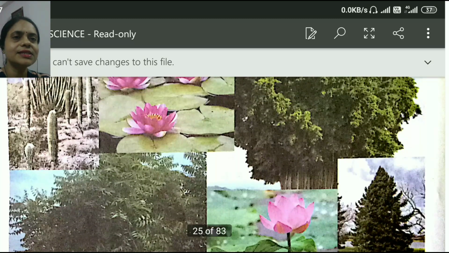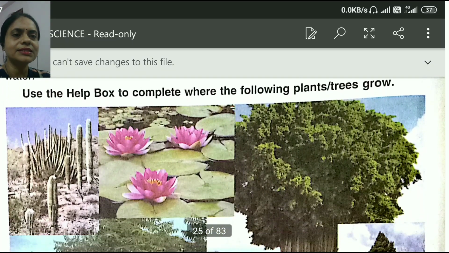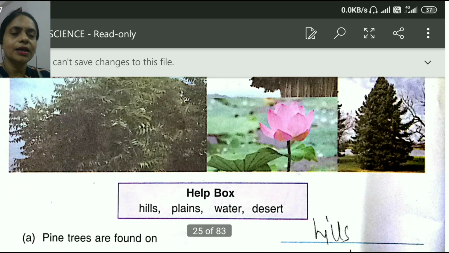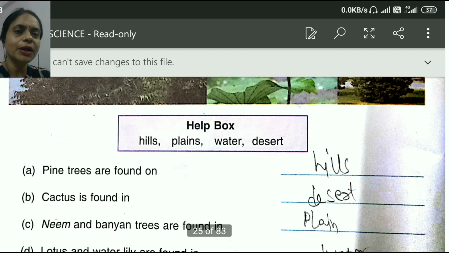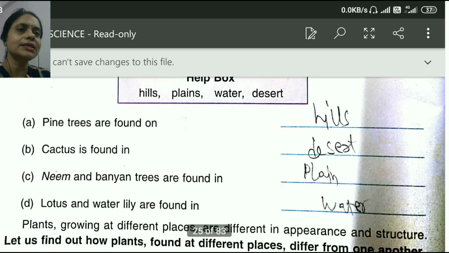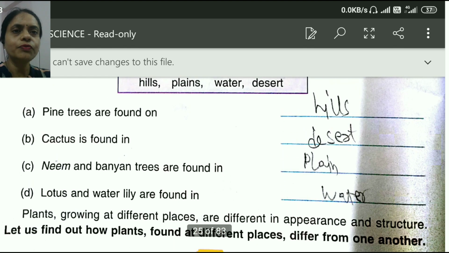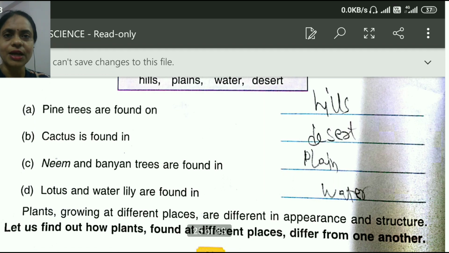So this is the starting of the chapter. In different places different kinds of trees are found. Here an activity is given in this chapter, but you have to do this activity after completing the chapter. So we will discuss this activity after completing the whole chapter.